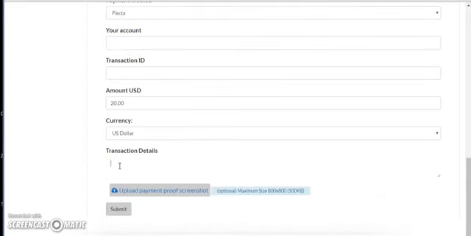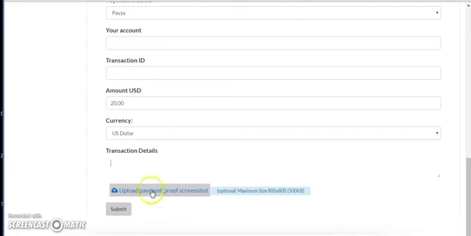Obviously, there will be no donation, and then he or she may suspect that this was a bogus transaction, not knowing that you might have made a mistake by selecting the payment method you had sent, or if a different currency or a different amount was entered, then they're going to suspect that this is bogus, and they're going to decline it, and then you are not being upgraded. So make sure that you enter the exact precise details and then a note to your recipient, to the upline, and